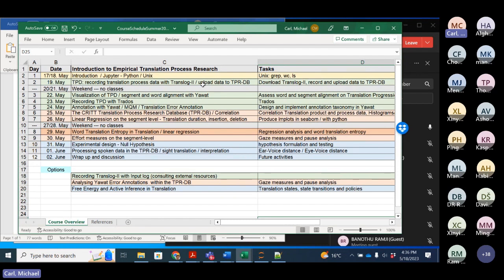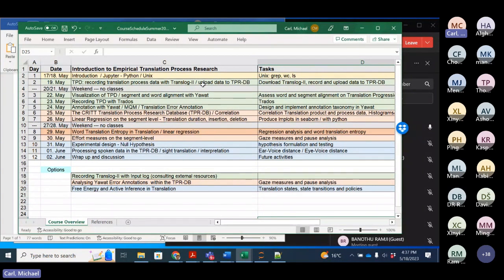So it's free, so it runs on Windows. It can be downloaded from the website that I have indicated. It's on the CRITT website, the pointer. You can download this program from there. It's an MSI program that installs this Translog, and then you can run this Translog and produce some experiments and try to figure out a little bit how that works.